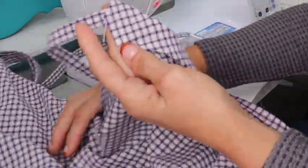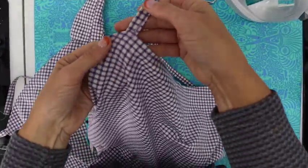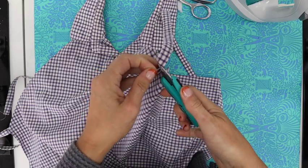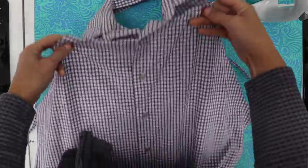Let's go back over to the pressing table, and I'll give you a better... Okay, so we're back at the pressing table, and I just want to give you a little bit more close-up view of that so you guys can see it. Now, you guys, I like to clip my threads as we go, so let's just go ahead and get those guys all clipped. And then what we're going to do is move on to an optional step,